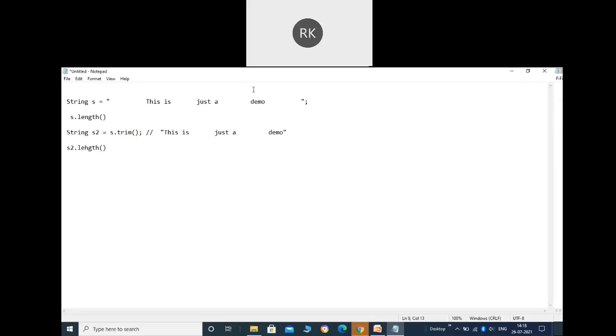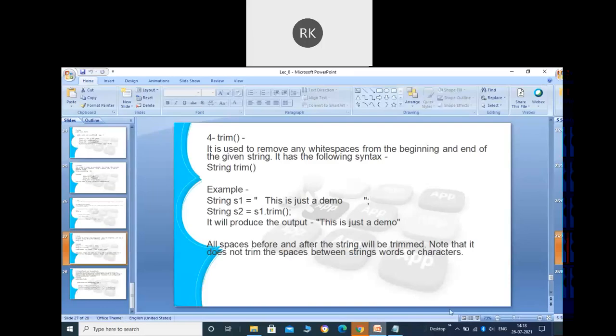And you will find that whatever space was occupied by the empty spaces here will be trimmed, and accordingly you will find the answer of the length. So this is something called the trim method.